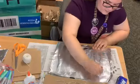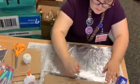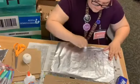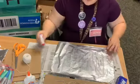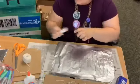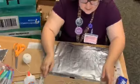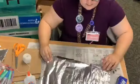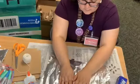This is always fun. So we want to put the glue on the tin foil so that it sticks down to the cardboard, almost like an air vacuum. So we're gonna take this and we're gonna lay it over our design here. And we're gonna gently press down